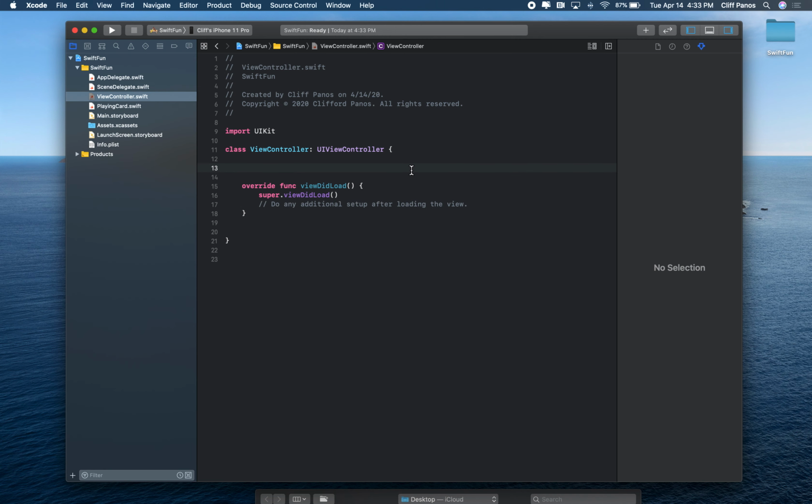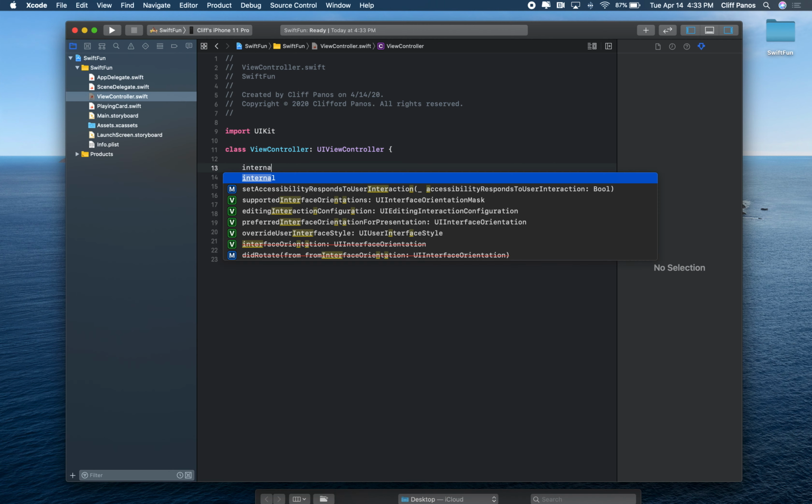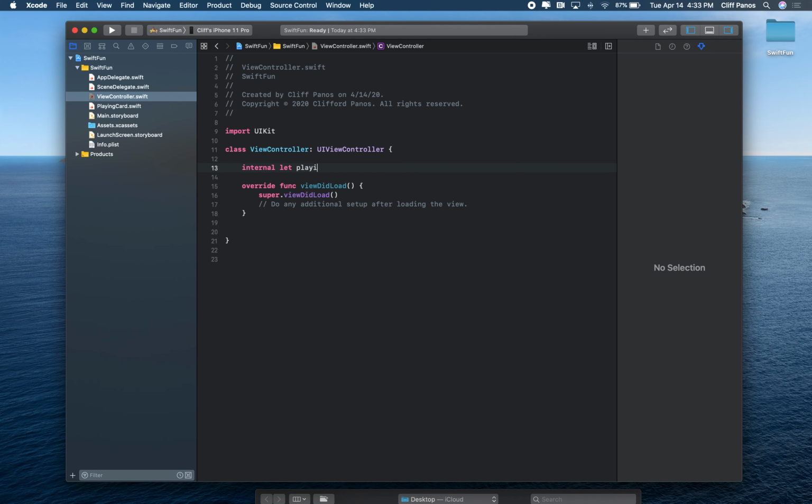Let's pretend that this view controller is going to hold, this is a terrible example, but a bunch of playing cards to display or something, right? Notice I could just define this by the PlayingCard type. I could also, I'm pretty sure, namespace it with SwiftFun.PlayingCard. Just like that. So if I go to try to build this,